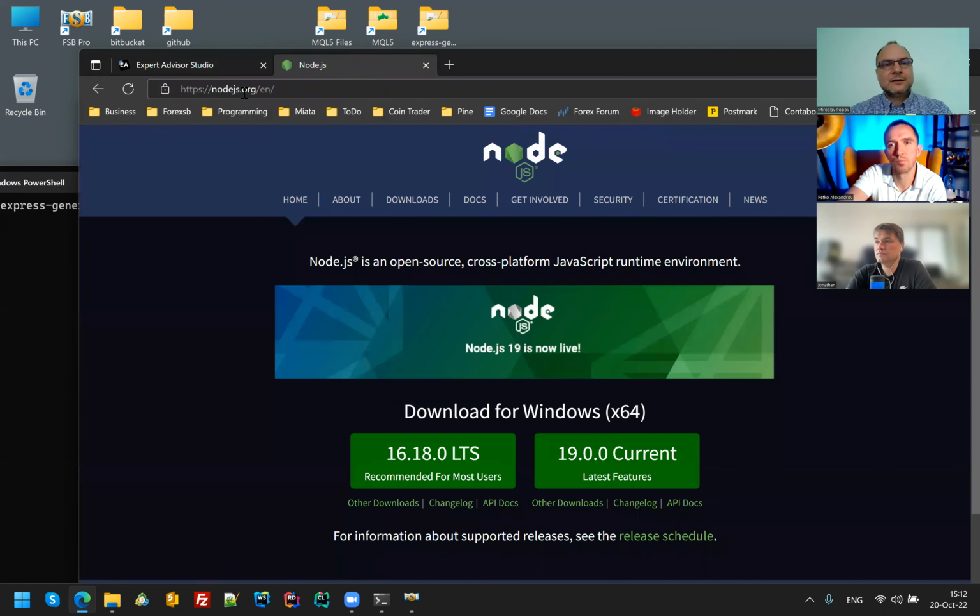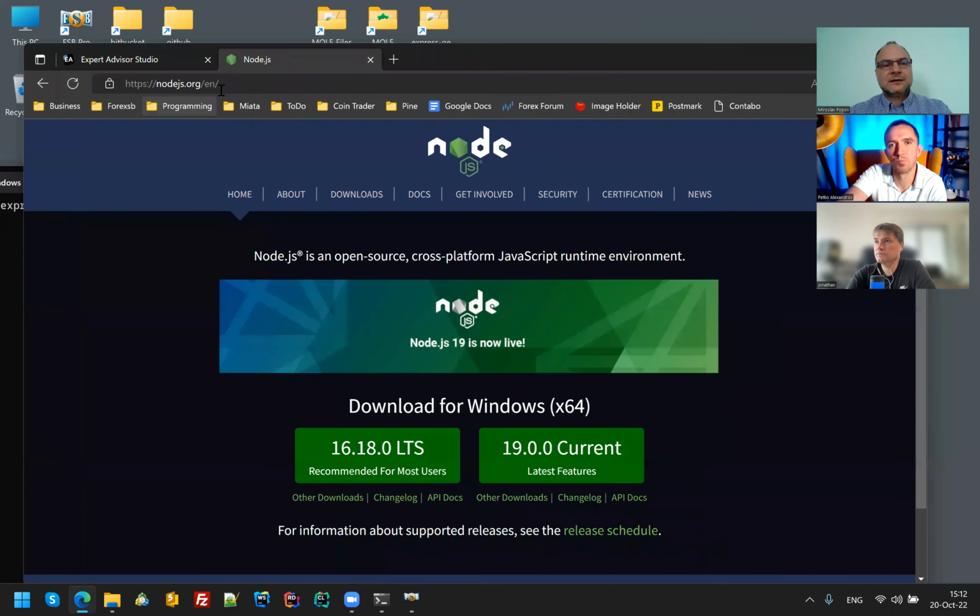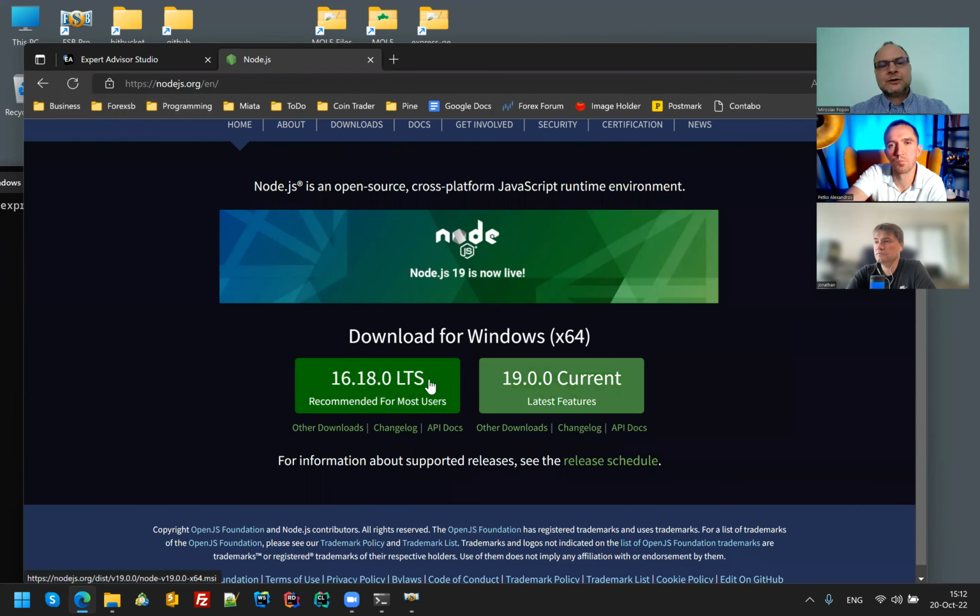Node.js.org. When you open the site, usually it has two versions. I recommend the newest one. Yesterday it was version 18. Now it's 19. But if you have version 18 or higher, you can use your existing installation if you have one. So you download